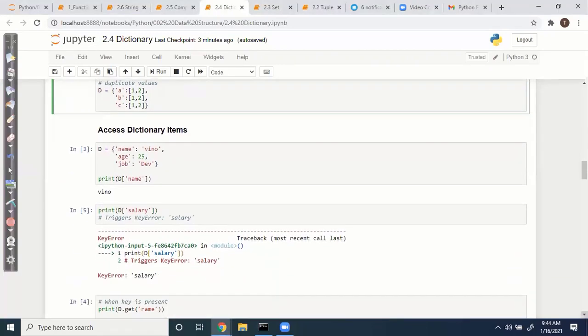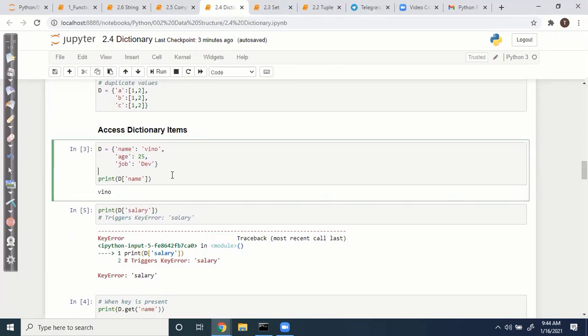So how to access dictionary items? This is the main thing. Here we don't have any index values. The only thing we have is the key, and based on the key we can get the values. Here we have name, age, job.